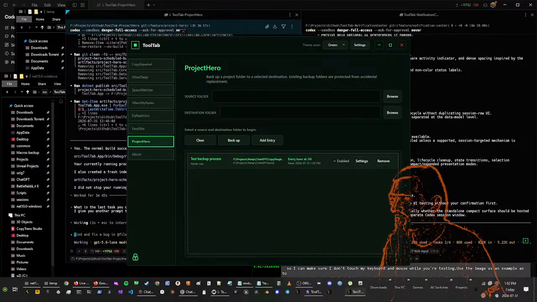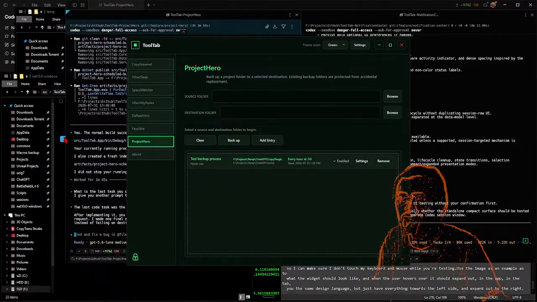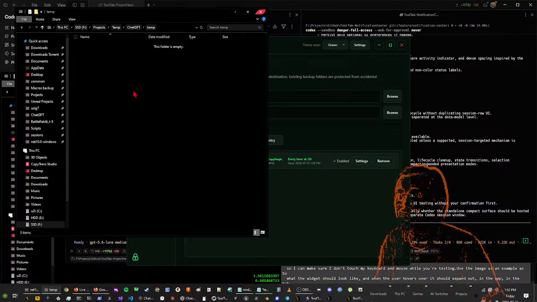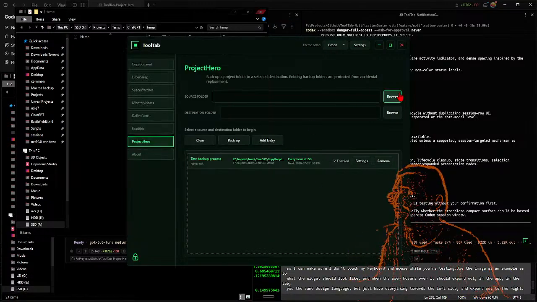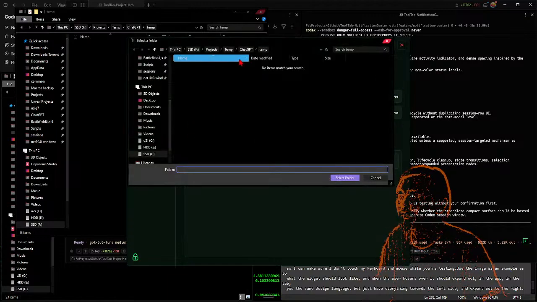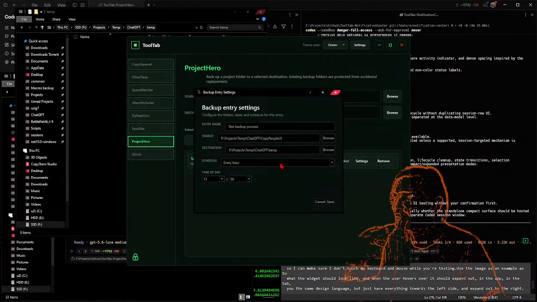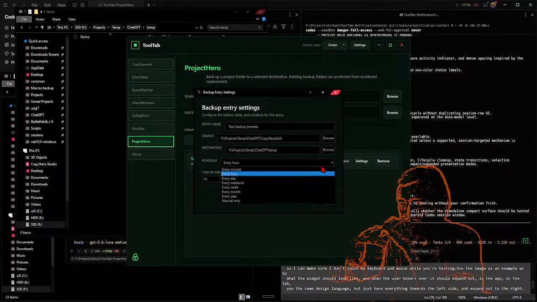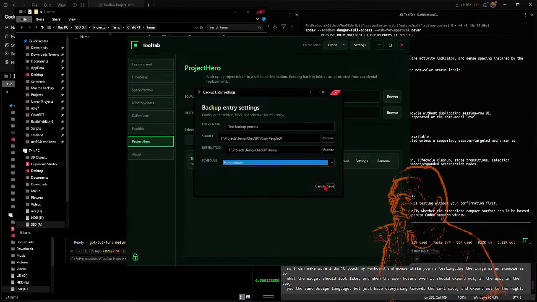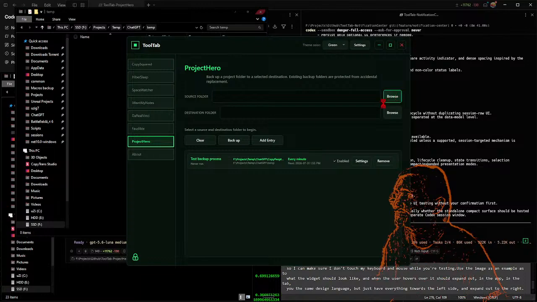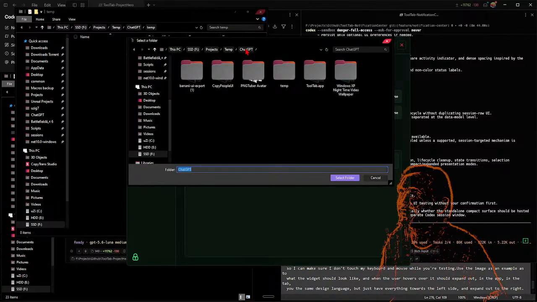Okay, so yeah, this is not backing up. Well, let's take a look here. Yeah, it's not backing up here. Remove settings. Okay, you know what? Let's just go every minute. Save. And while it does that,